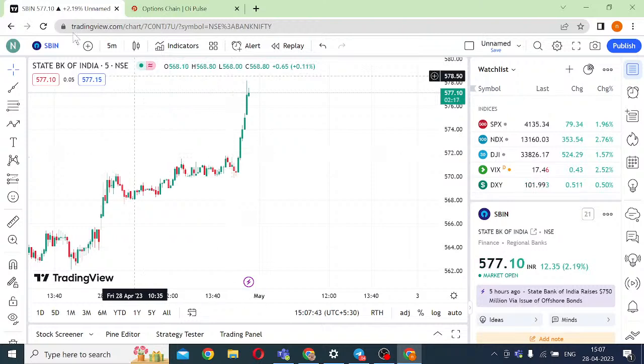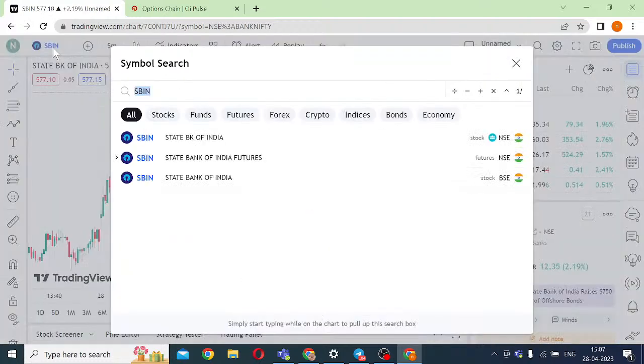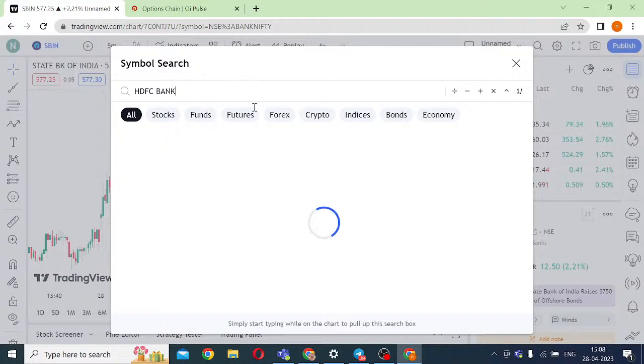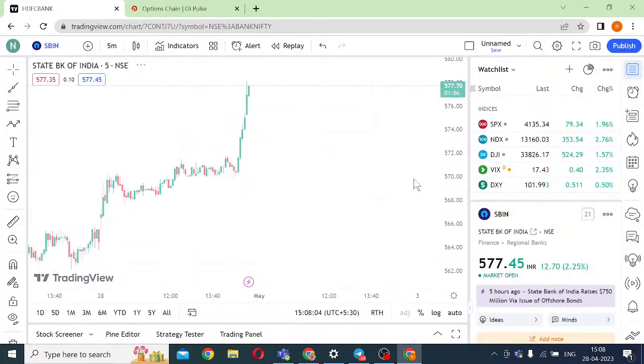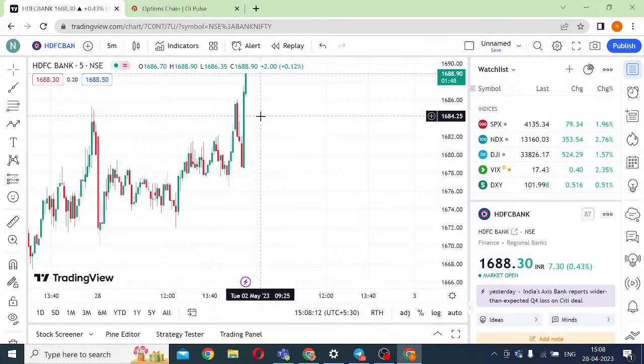No, it's less the others. I think it's SBI which is actually propelling this rally, 571 to 577. The others have just recovered, but SBI has actually never come down. It's actually shot up. HDFC could have been another bank which could have supported the move, but HDFC has also recovered completely. So all the other banks have recovered completely from their fall, but SBI has continued its breakout. But if you see Axis, ICICI, they just came back and retested their opening levels. HDFC has actually broken out of these levels.